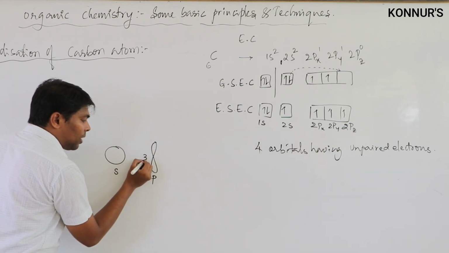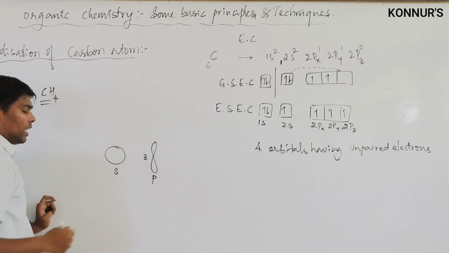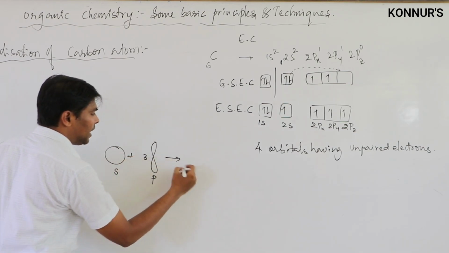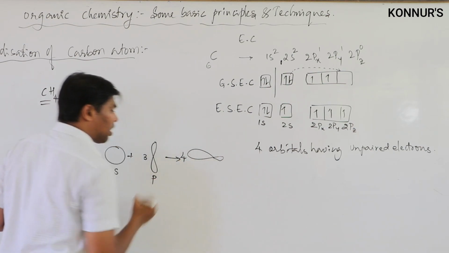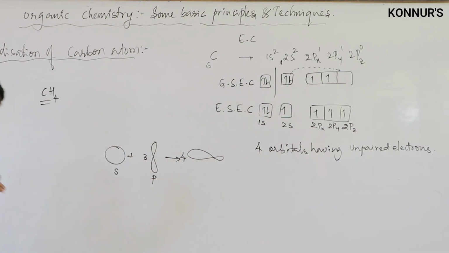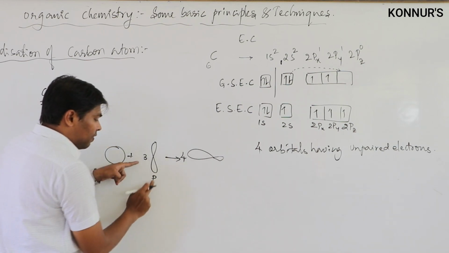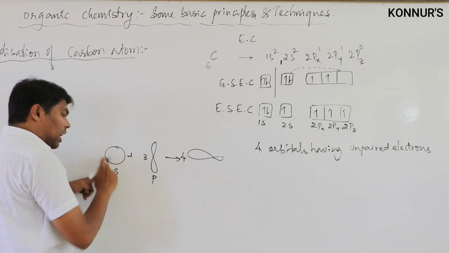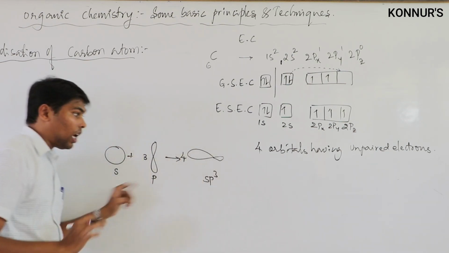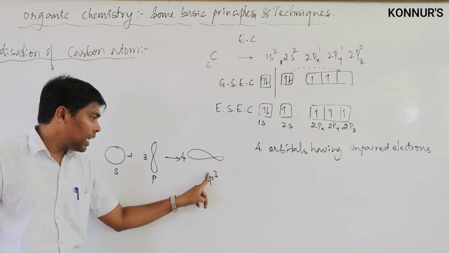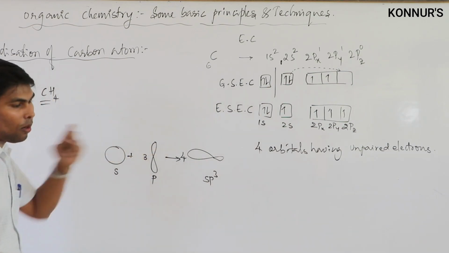So if all three orbitals of p are combined with the one s, it will provide these kinds of orbitals, 4 hybridized orbitals. Here 3 p orbitals are there and one s is there. So it's an sp3 hybridized orbital. S is 1, p is 3. So 4 hybridized orbitals are there.